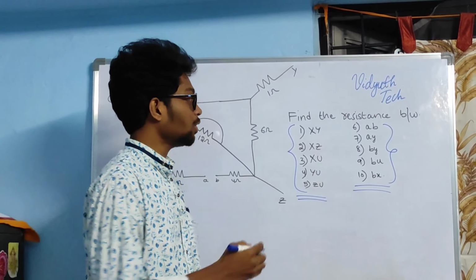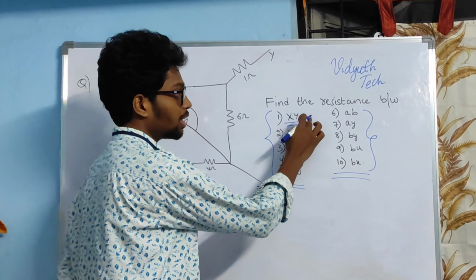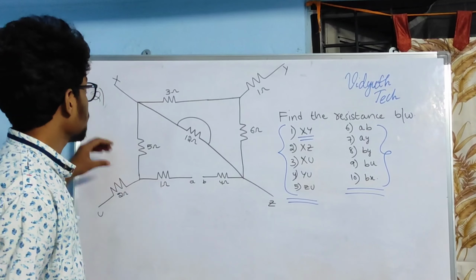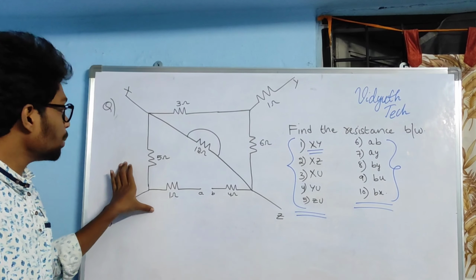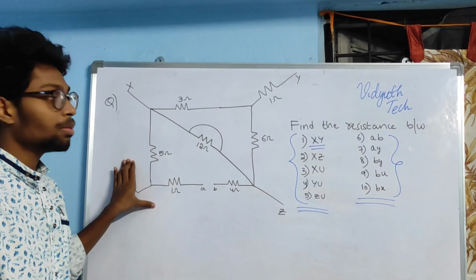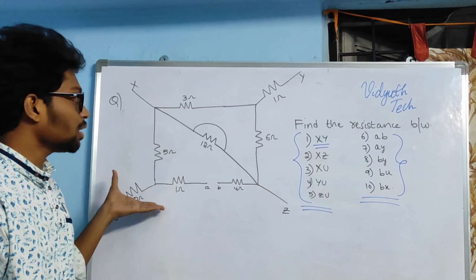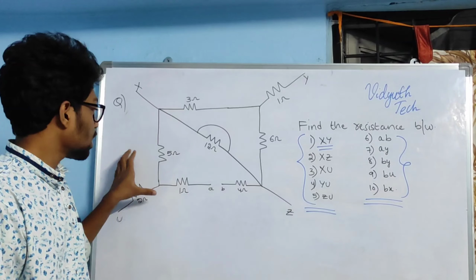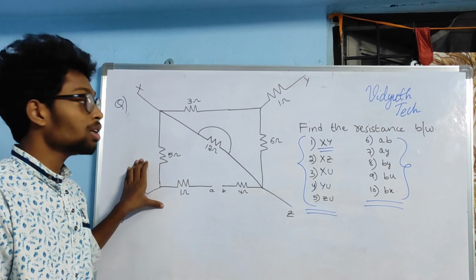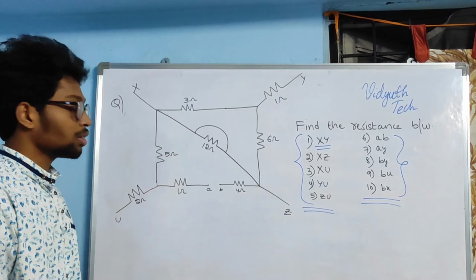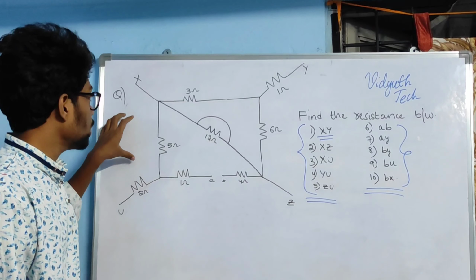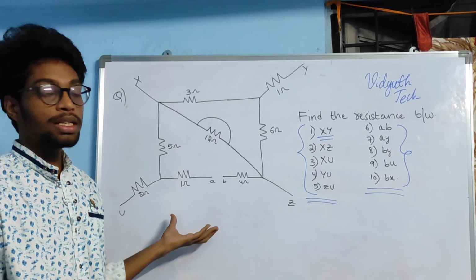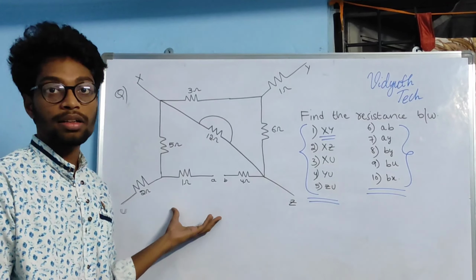We have to find the equivalent resistance across XY terminals for the first question. This is the X terminal and Y terminal. If you see the figure, all the elements are present in the circuit. But whenever you are finding equivalent resistance, all the elements may not be present. So, to avoid confusion, I will tell you the trick in this video. You are going to encounter some kind of problems, and I am going to clear it right now.